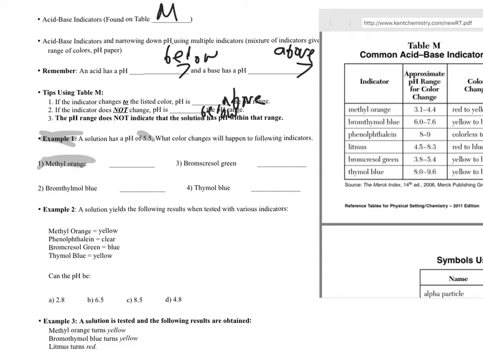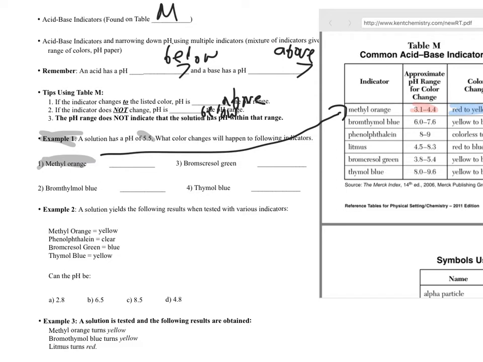We talked about it a little bit. Methyl orange. So that's going to be right over here. Methyl orange, we already said, has a range of 3.1 to 4.4. Now, 5.5 is higher than that range. It's definitely higher than 4.4. That means